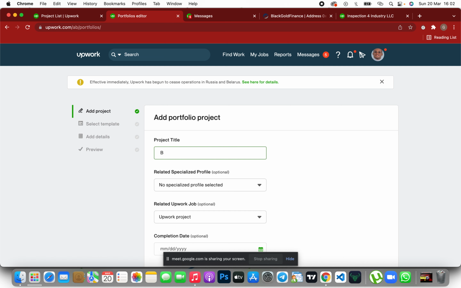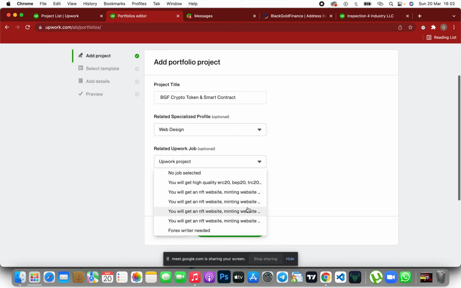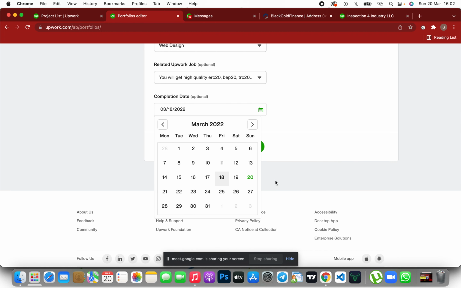So BTF crypto token smart contract. Relating to the specialized profile, which is web design, then the Upwork project. So these are the projects I already have. The project is relating to ERC20 token. Then the completion date, completed this project,